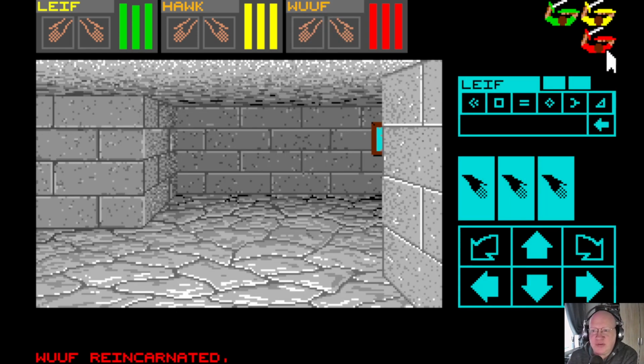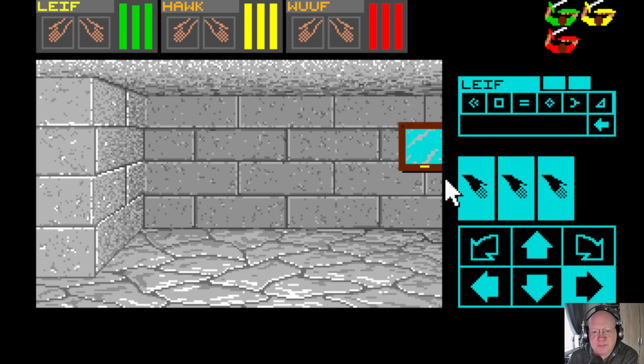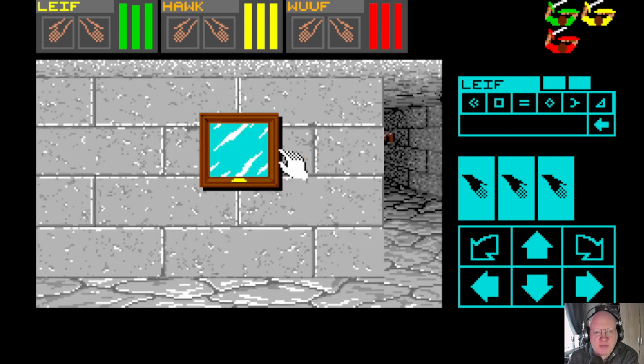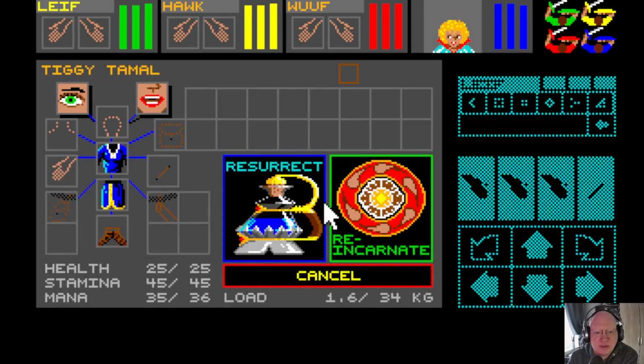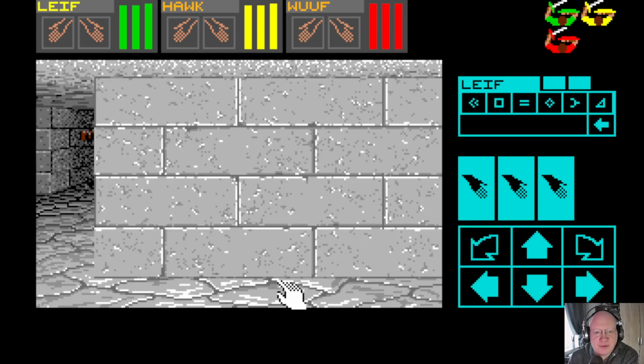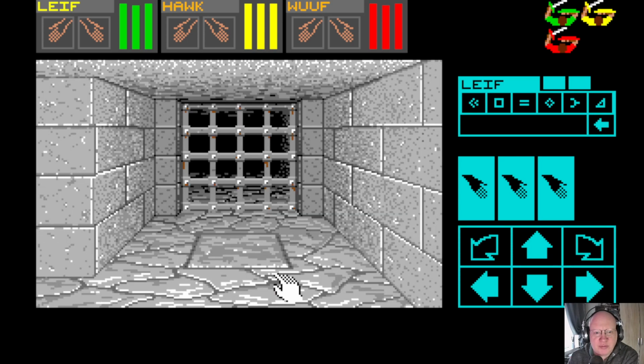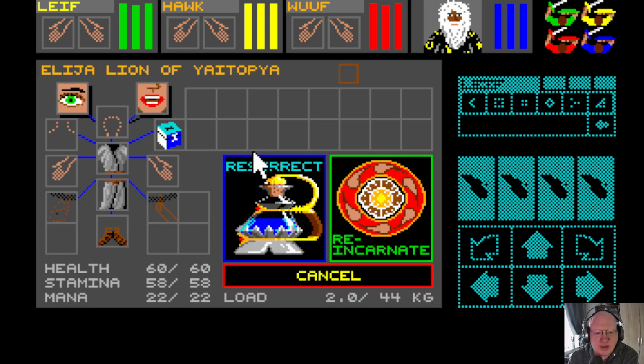You can see they're now positioned. I'm going to move Woof that side just because when I've got all 4 up here, the next character is going to appear there, and if I cast a spell with this one, I would expect it to come down this side of the room, but it'll come down that side if I didn't move him. And we're looking for the last spellcaster. We could have Tiggy, but I really don't like his hairstyle. So we will go with either Elijah